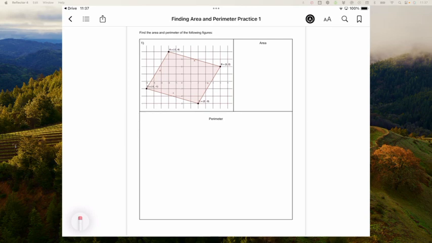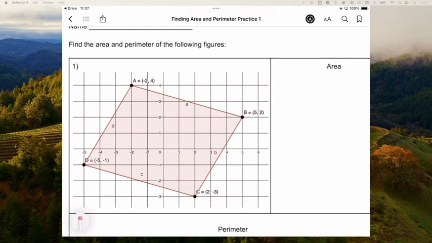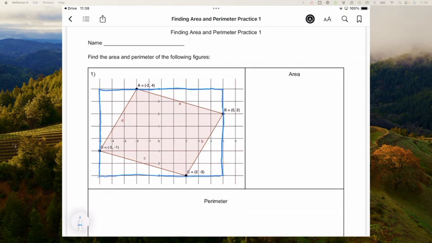Okay, so area and perimeter of this figure. Our first step is going to be to box the figure in, meaning we're going to create a rectangle that makes contact with each of the vertices. So here's our rectangle. The area of the rectangle is length times width, and so that is going to be 1,